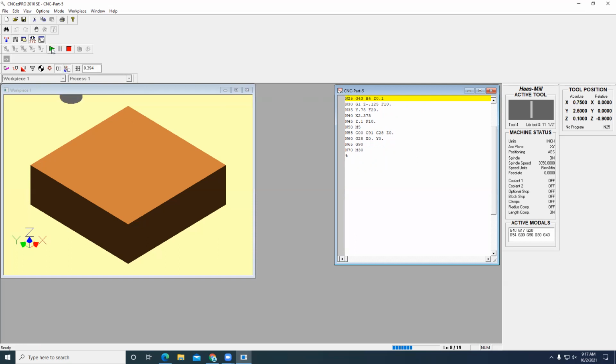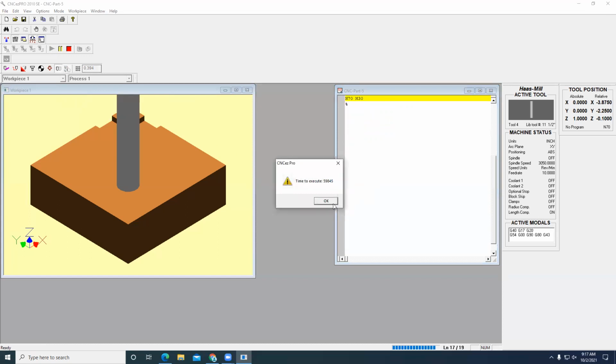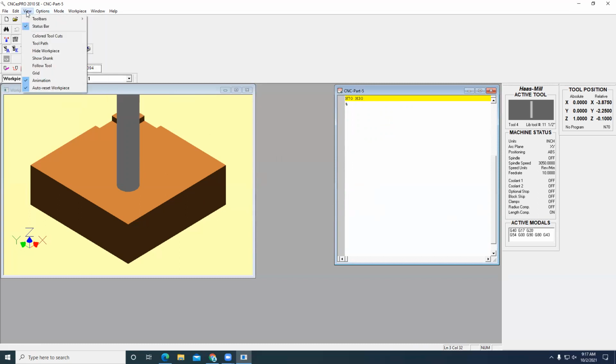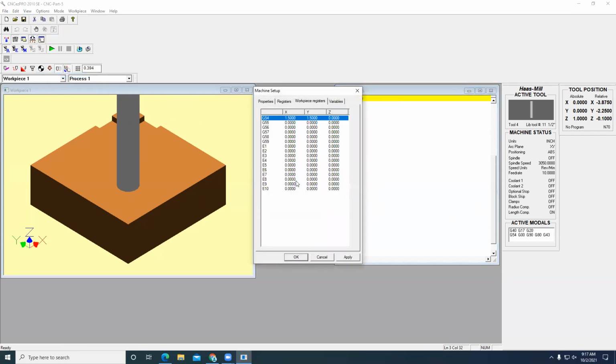If I've set up my offsets correctly, here's my G43 height offset 4, and then it's going to ramp at 100 thousandths over the part, and then it's going to go through and create the part. And it doesn't look like I am in the right origin for that, so I'm going to go back into my machine setup, work registers, and I'm going to zero these out, see if that was what it was. So we'll go on here, zero that,